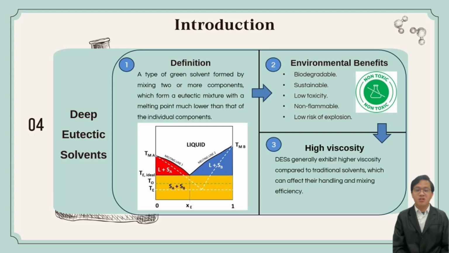Deep eutectic solvents are a type of green solvent formed by mixing 2 or more components. These components create a eutectic mixture, resulting in a melting point significantly lower than that of the individual substances. DES offer several environmental benefits, making them a preferred choice in sustainable chemistry. They are biodegradable because they can break down naturally, reducing environmental impact. They are also sustainable as they are made from renewable resources, which can contribute to long-term environmental health. They also pose minimal health risks, making them safer for human use due to their low toxicity. Their non-flammable properties reduce the risk of fire hazard, and lastly, their low risk of explosion enhances safety in handling and